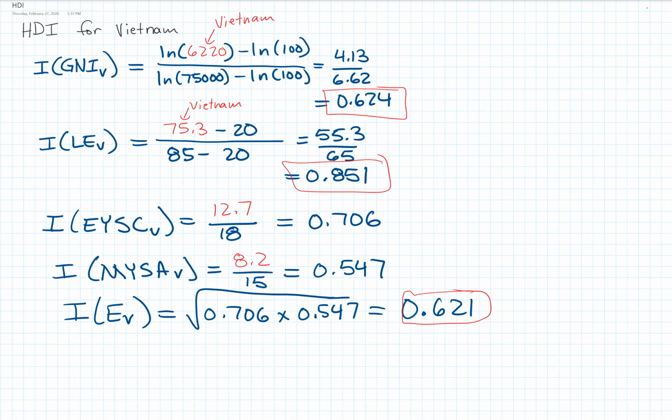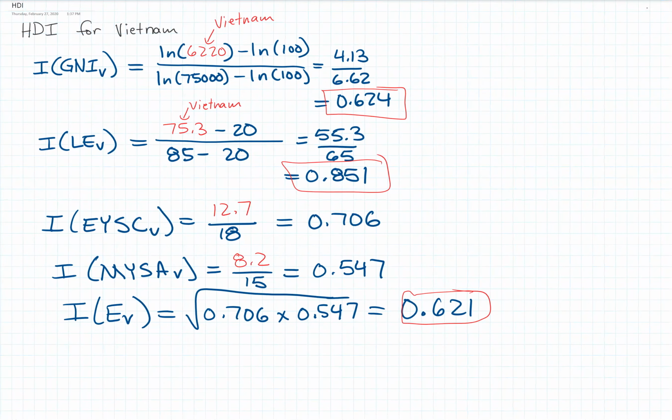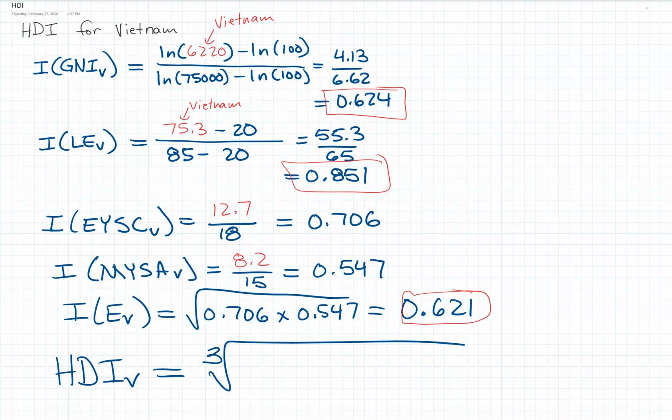And now, finally, we put them all together to get our final number. So again, we put them all together to get our HDI number. So our HDI for Vietnam is going to be, this is our formula, and then we're going to put these three in there. So 0.624 times 0.851 times 0.621. And what do we get? We end up getting